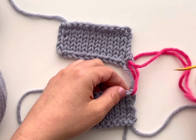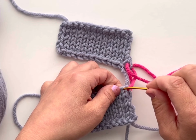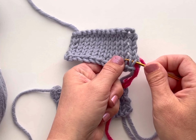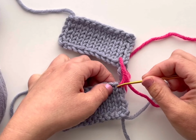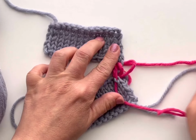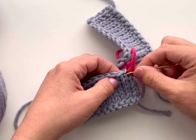The next step, our finishing yarn right now is at the top of the work. The next step is going to be to pick up 1/2 of this stitch right here, just below the bound off edge, 1/2 of that stitch. On the top edge, I'm picking up the entire first stitch. And then on the bottom edge, I'm picking up the remaining half of that stitch right here. So now that I've done that, I've evened out the two pieces, and I can proceed with my regular seaming